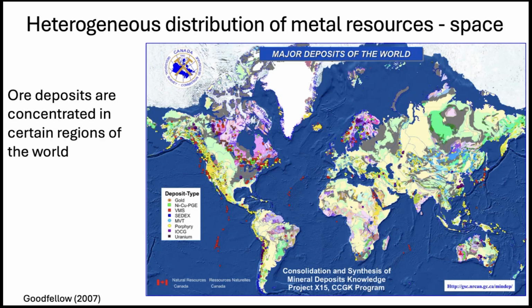Anyway, this is another map showing the distribution of ore deposits in space. It's a little more clear than the one at the beginning of the lecture. And again, you can see large parts of the interior seaway are deposit poor. And again, it's because of the rock types and the tectonics. They're metal deposit poor, but oil rich, just as an example. The other thing I like about this map is that it also has some of the known deposits on the seafloor, although we will talk about seafloor mining in a future lecture.